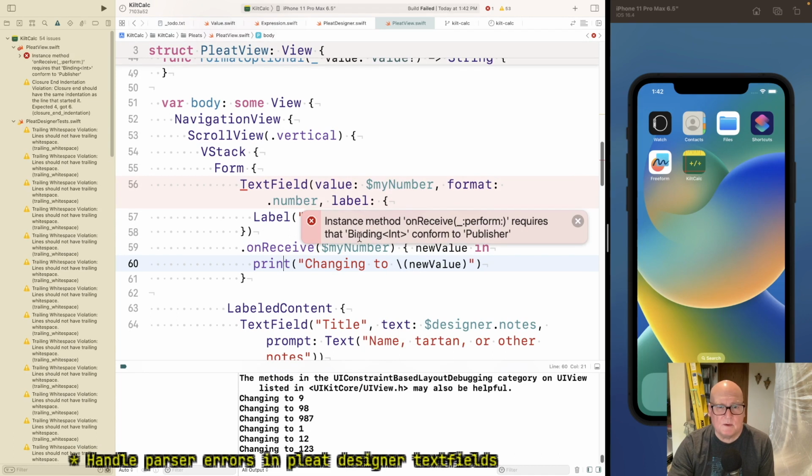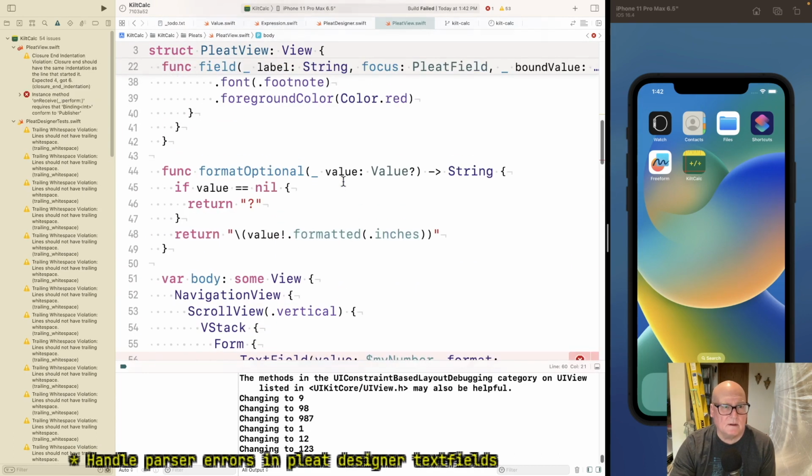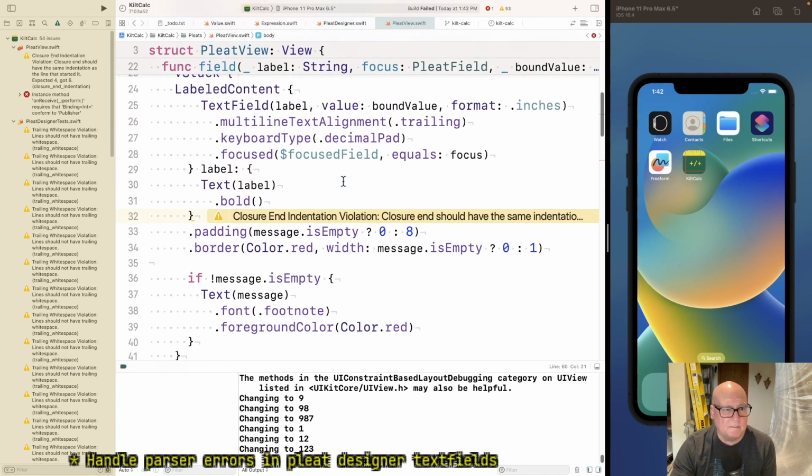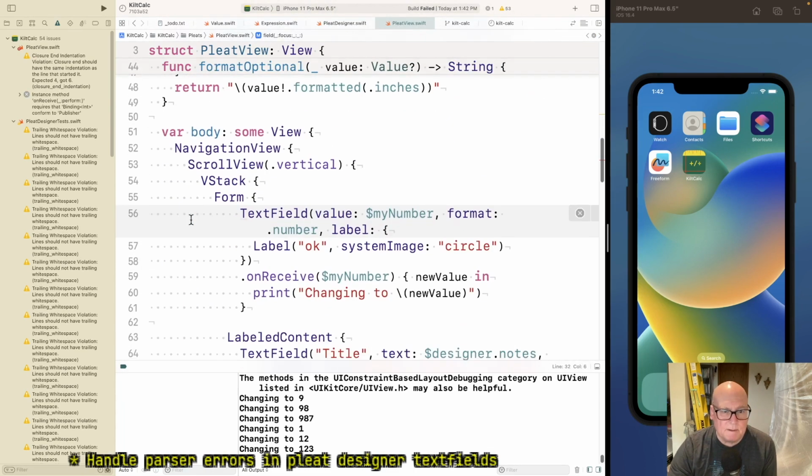On receive perform requires binding of int conform to publisher. Binding of int.